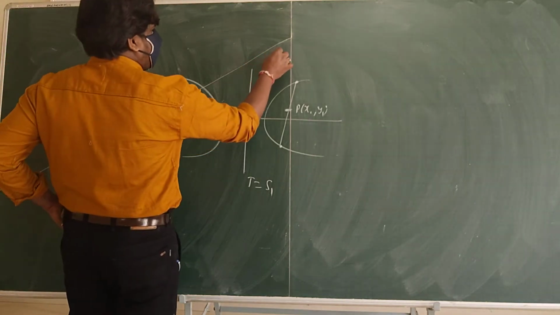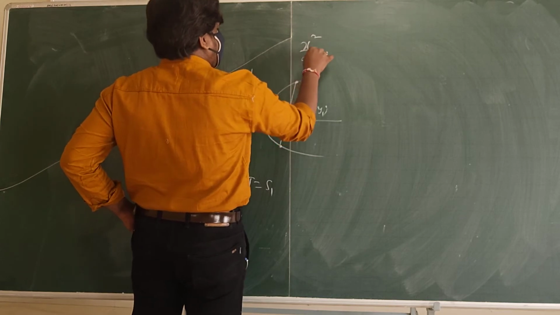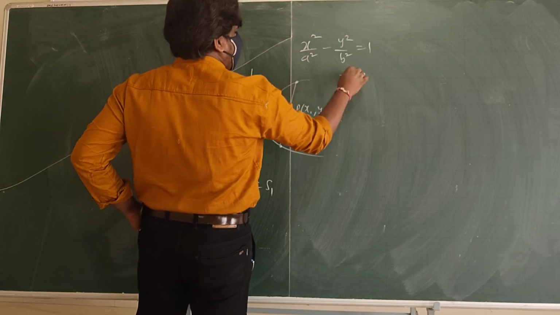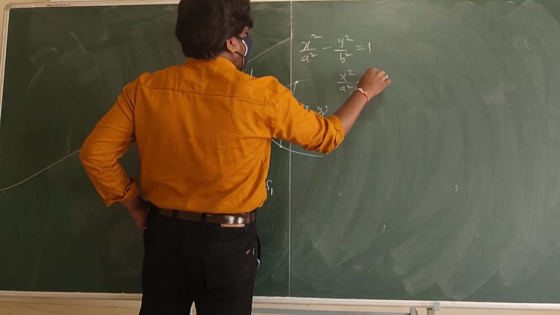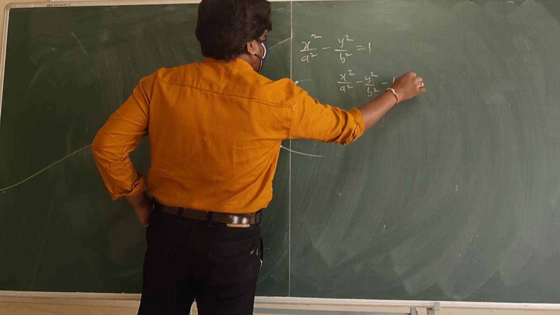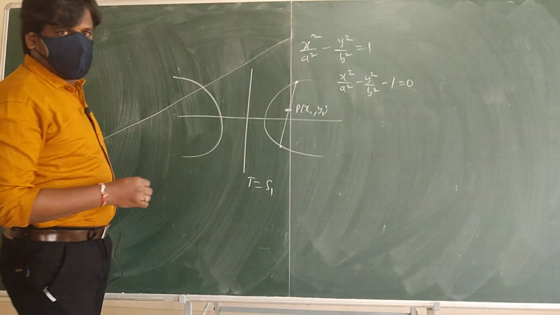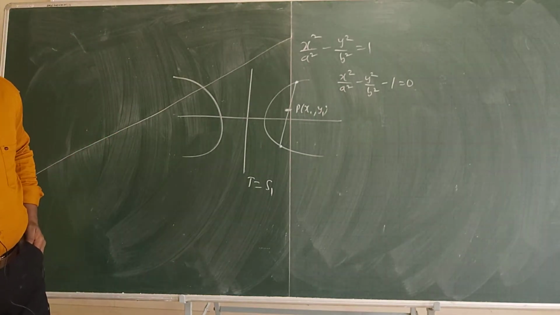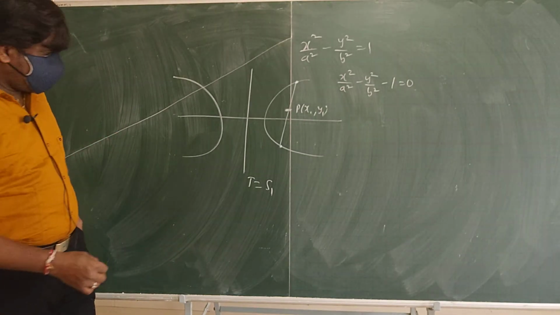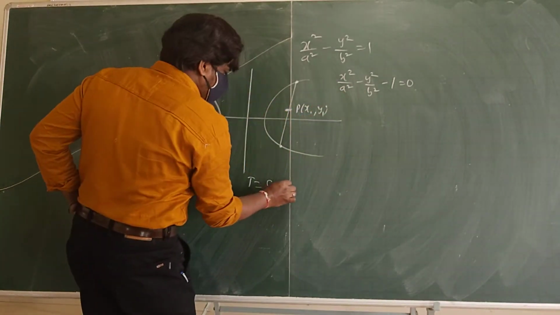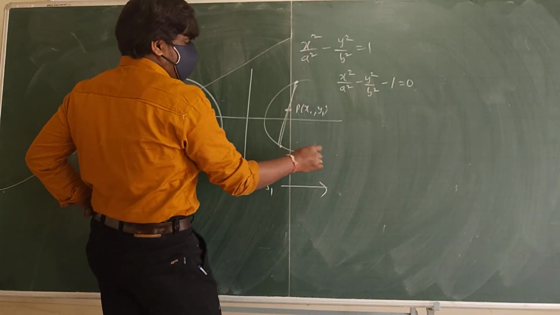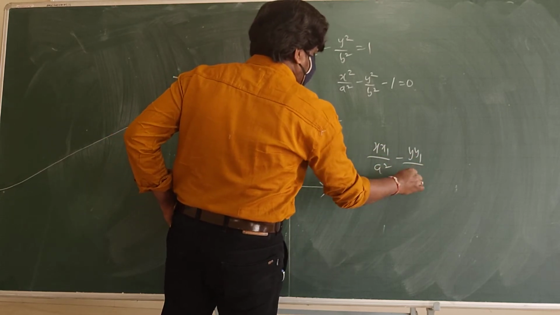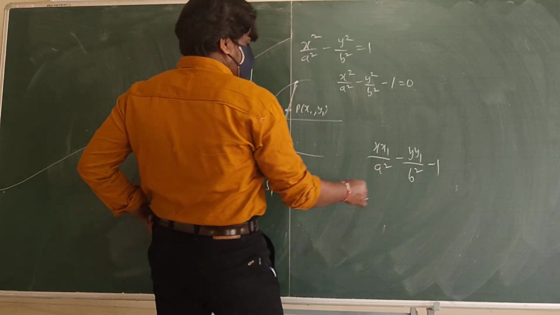So what is the equation of the hyperbola? x square by a square minus y square by b square is equal to 1. If I send this to the other side, x square by a square minus y square by b square minus 1 is equal to 0. This is the equation of the hyperbola. T means the tangent equation. Wherever x square is there, you will get x1. So the equation of this chord will be x x1 by a square minus y y1 by b square minus 1 is equal to